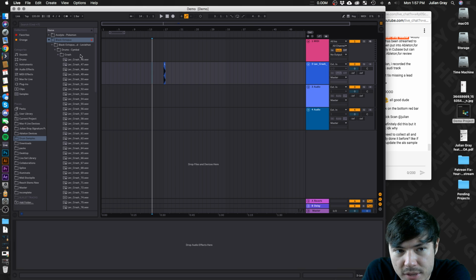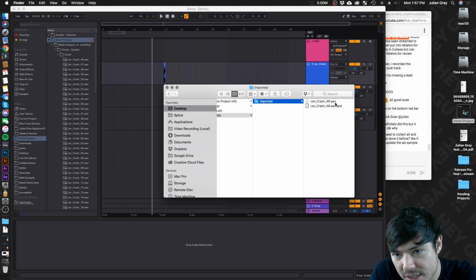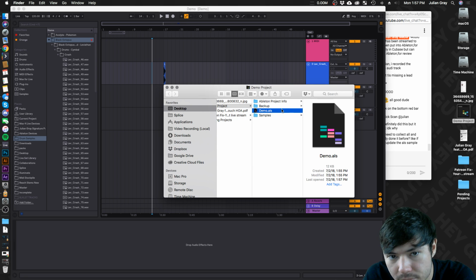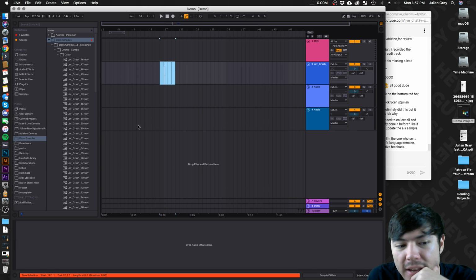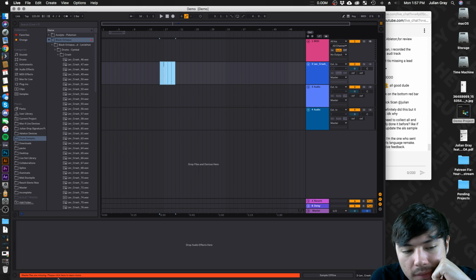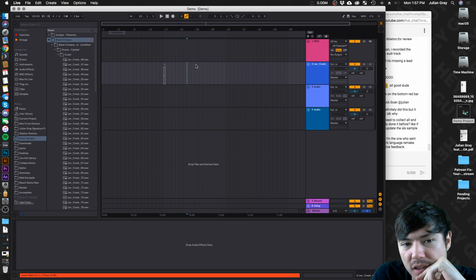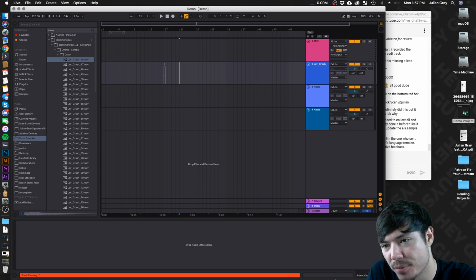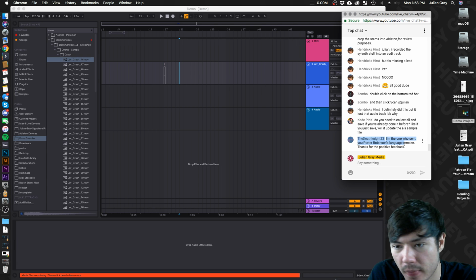Instead of loading from this reference point, this is now loading from this sample folder. If I was to delete this file here, let's say I moved it to the trash, and then I opened up the project again, you're going to see what happens. Now it's offline, and it says right here it's offline. And this is what happens if you were to send this project to a friend and you don't have it collected all and saved, because then the samples won't be in the sample folder. So that's why you do it.